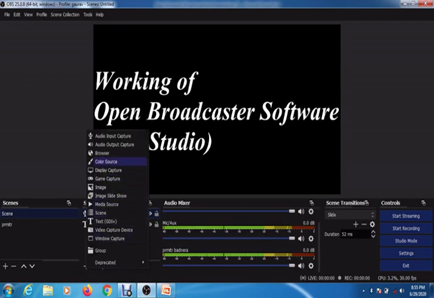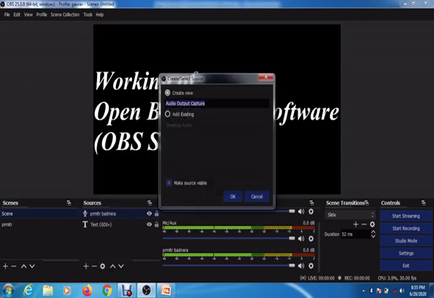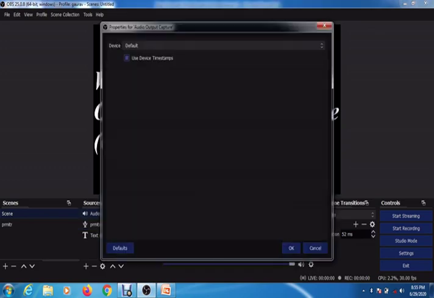Okay, so this was the first source, the audio input capture. The second is the audio output capture. Here also, if you want to give a name you can, or you can proceed with the default one and click OK. A window opens, the same as for the audio input capture, but instead of the microphone, it shows speakers. Since it is named audio output capture, whatever output devices are connected to your speaker will be recognized.